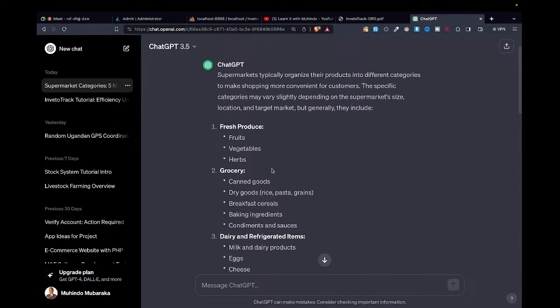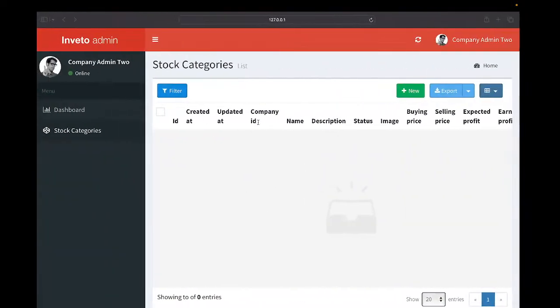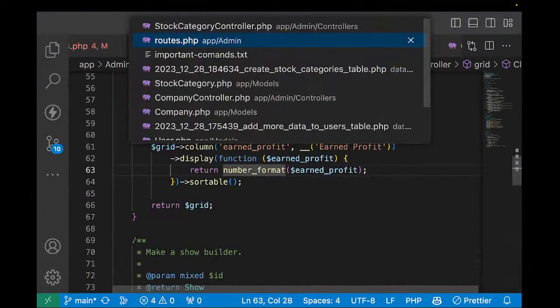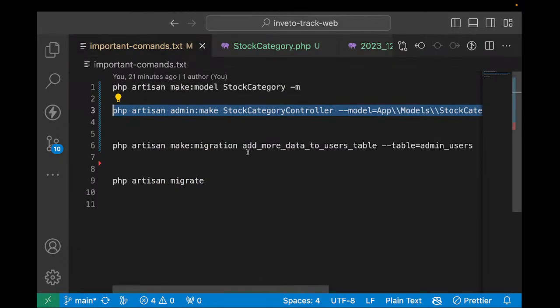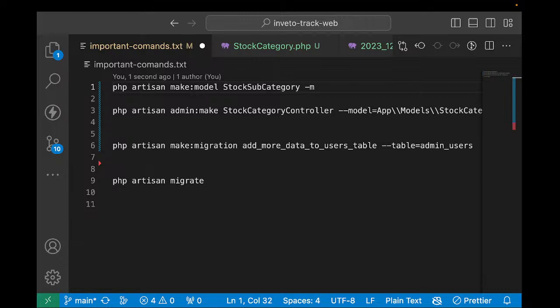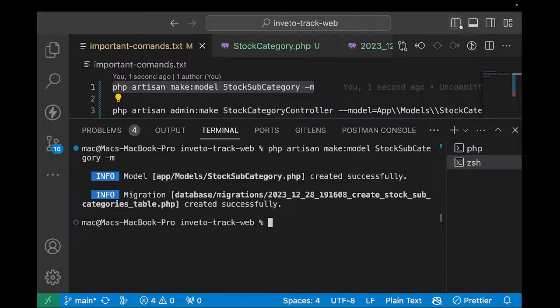All right, now let's go ahead and create now the stock subcategories. So to create stock subcategories, we shall just simply come here, and then in this stock category, you're going to put your stock subcategory like this. Okay, and then I'm going to create a migration and the model. I'll go ahead and expand and then paste it there and press enter. So when you press enter, it will create for us the categories and the migration, and the model and the